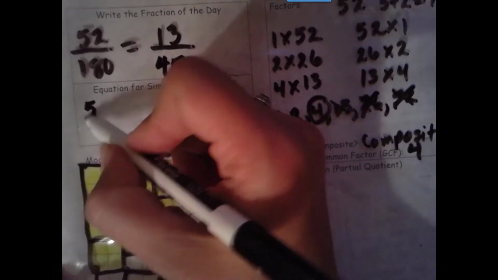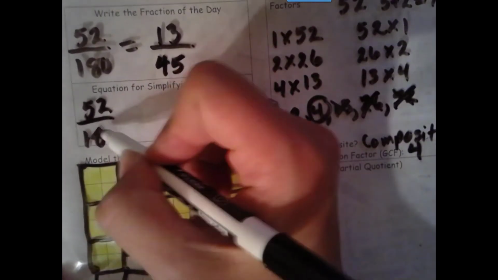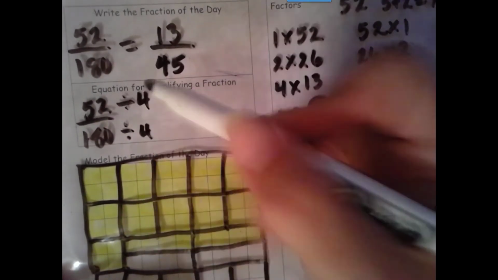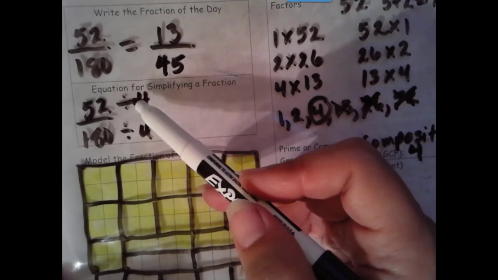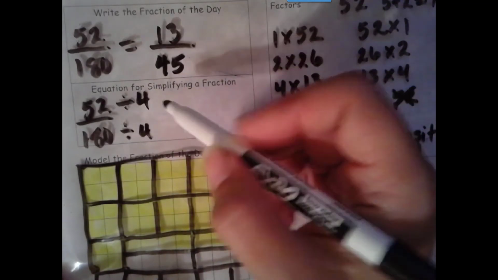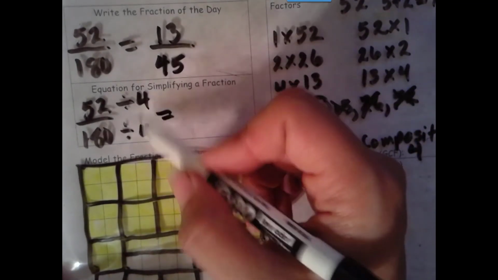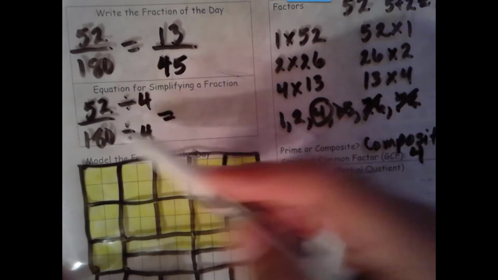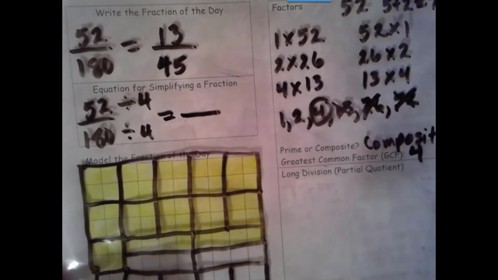Now that I've done my division with my model, I'm going to do it with my algorithm. And I'm dividing the shaded area into groups of 4 and the non-shaded. So it's always going to be the same number here. But it should be 2 separate numbers because I'm dividing each one separately. So I'm going to divide 180 into groups of 4 and 52